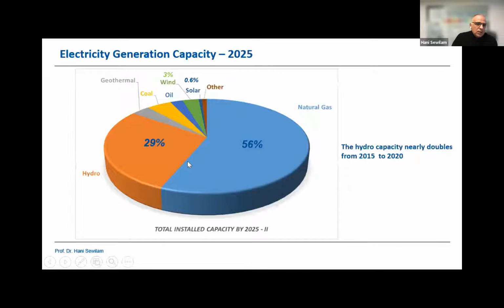When you speak about water for energy, let's first see what's happening in the Nile Basin in terms of energy production. You can see here, most of the energy produced is from natural gas. But a big portion here is hydropower. And for hydropower, as I say, there are two big issues: the conflict between the nexus components, as I said, water for energy, energy for water, and the climate change.